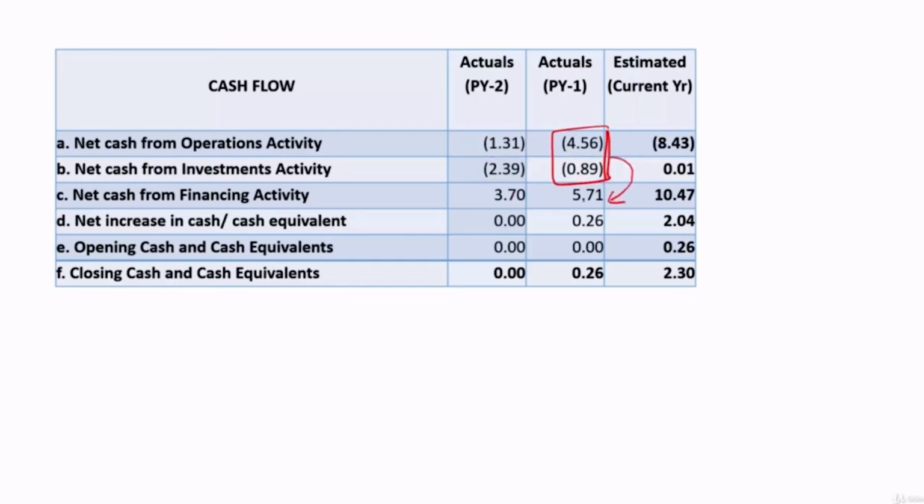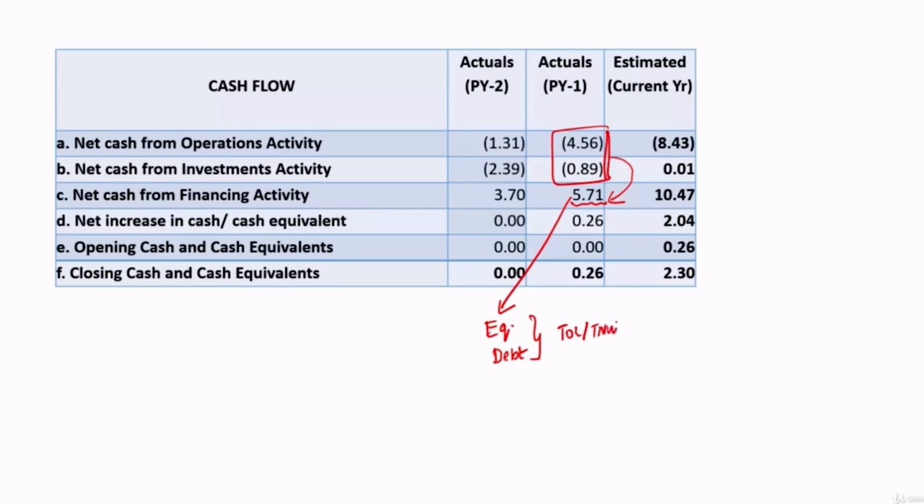They got funds through financing activity. It means they have mobilized funds. So this 5.71 crore should be studied. How much had come from equity? How much had come from debt? So what is the proportion? Whether TOL by